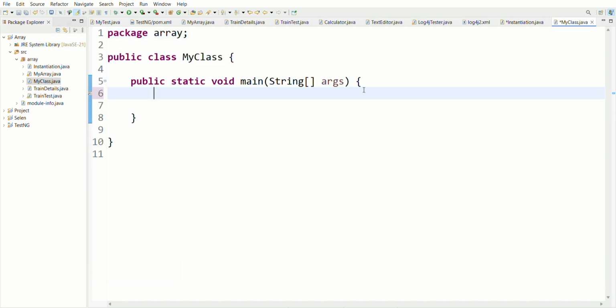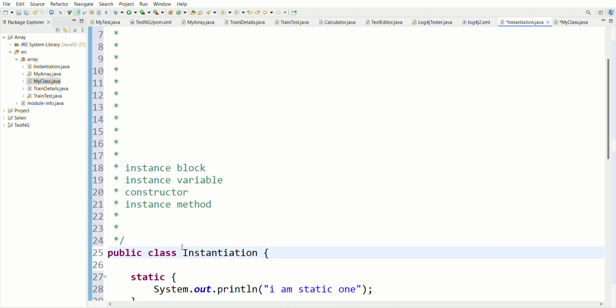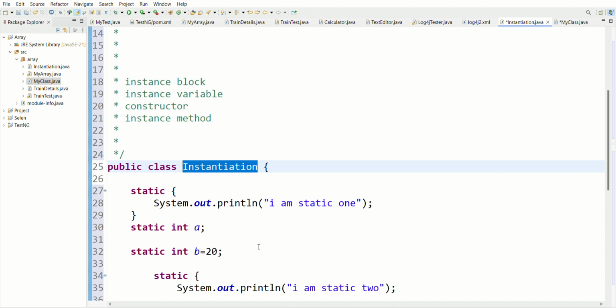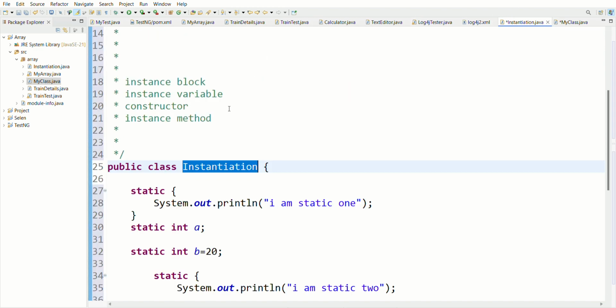What do you mean by class loading? Class loading means I will write any of the things of instantiation of the class. Whenever we create an instantiation object, or we externally load the class, whatever we are doing, all the statics are identified from top to bottom. Let me instantiate it by creating the object.